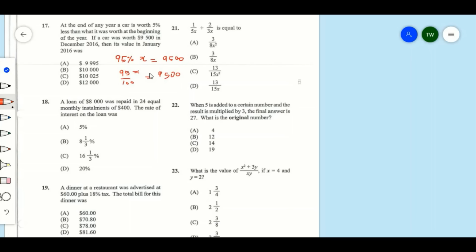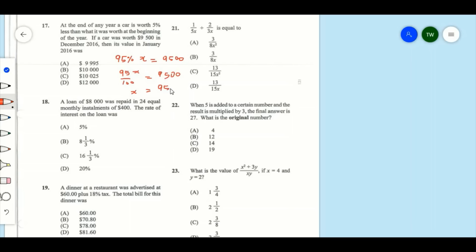And if we want to find X, and remember that X is the value of the car in 2016, all we need to do is multiply both sides by 100 over 95, because we want to transpose this to make X the subject of the formula. So if we multiply this side by 100 over 95, what we're left with on this side is X, and what we're going to have on this side is